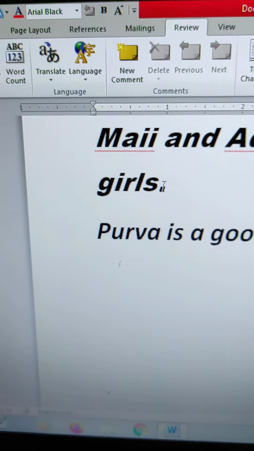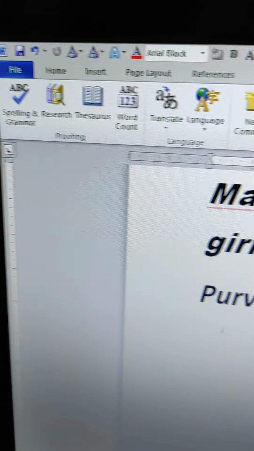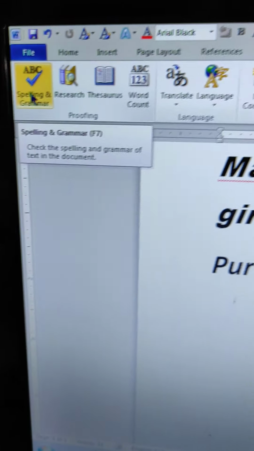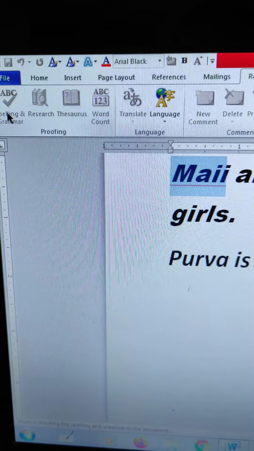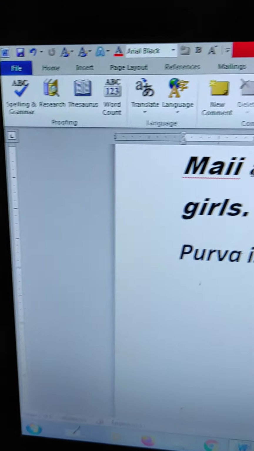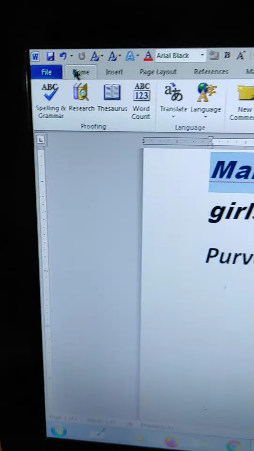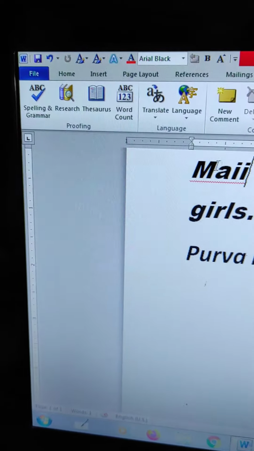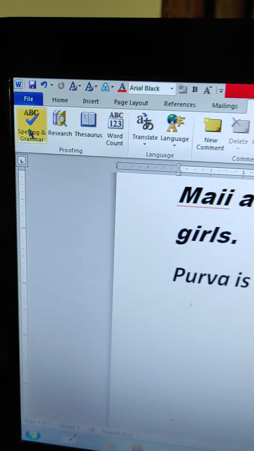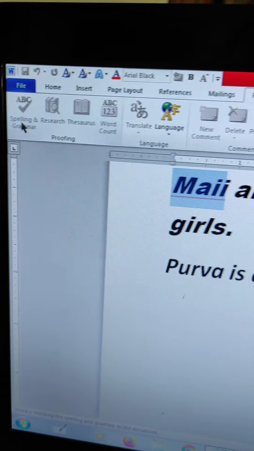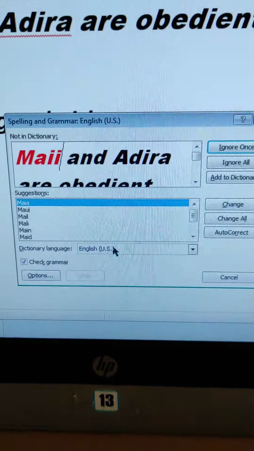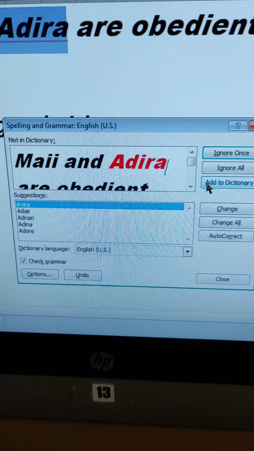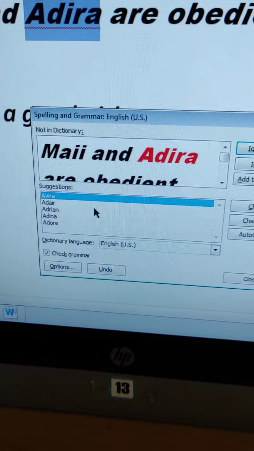Okay, for that you have to click on the Review tab and you will get the spelling and grammar option. First you have to select this name and then click on the spelling and grammar option. Select this name, choose the spelling and grammar option, and you will get the same box, and you have to click on Add to Dictionary.